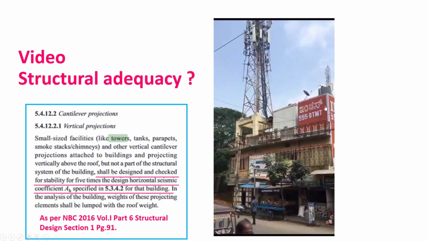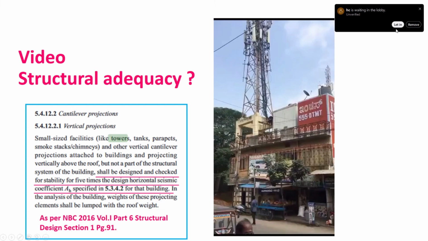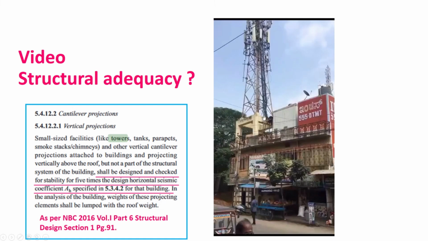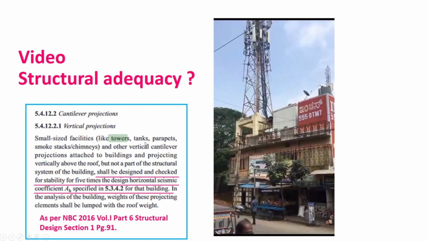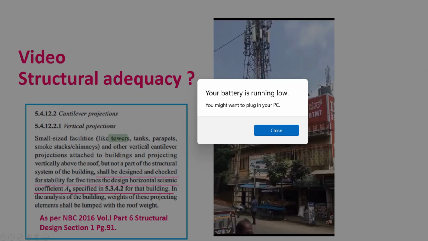Railways के अंदर में I am not very sure. Maybe on a particular structure, then some tower, maybe Jio or any other person may be saying कि साहब वहाँ मेरे signals कम आ रहे हैं, so please permit to erect a particular structure so that my signals are better. So again, I would like to caution you that such towers or the tanks, again it can be RCC tanks, maybe an afterthought, की पहले tank की capacity कम थी, then you are adding to that, or for that matter parapet, smokestacks or chimneys and other vertical cantilever projections.